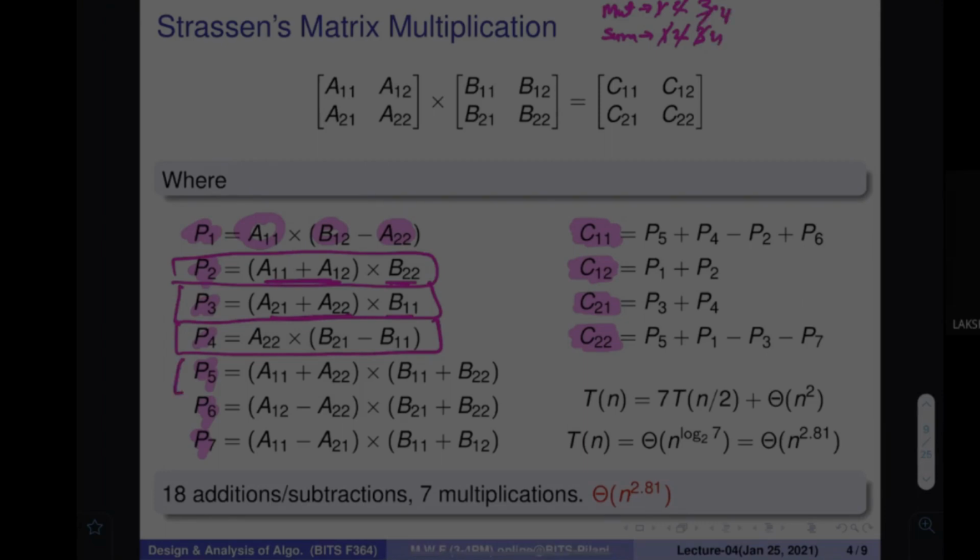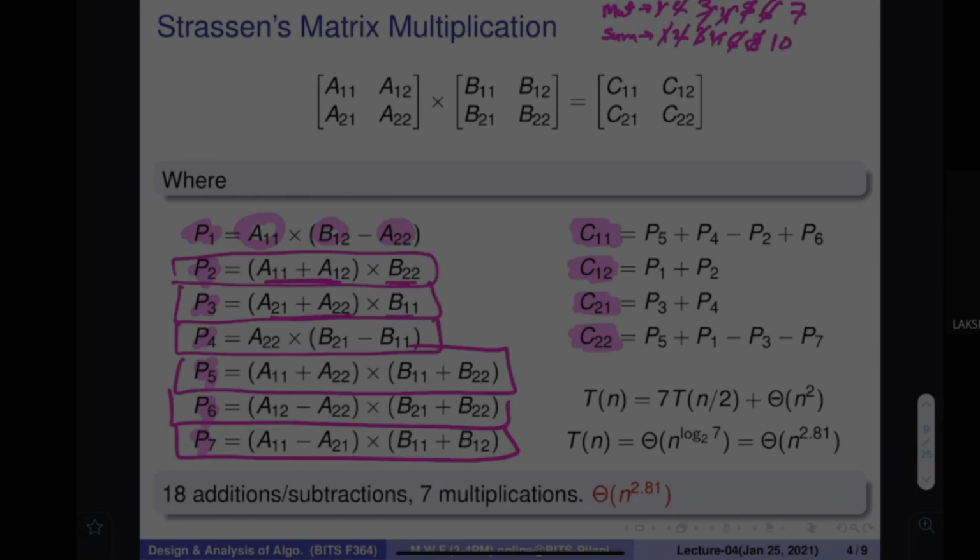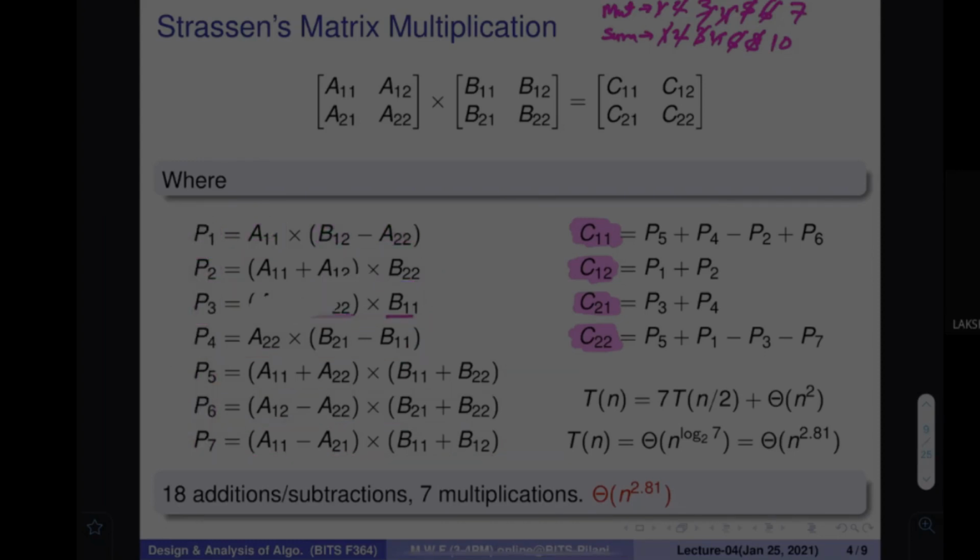In every step you can see that 2 summations are there here. So the summation becomes 6 and the multiplication becomes 5. Here you see 2 summations are there, so it becomes 8 and 6. Here 2 summations, so 10 and 7. So he was telling that I need to find these P1, P2 to P7. So you understood how much time is needed.